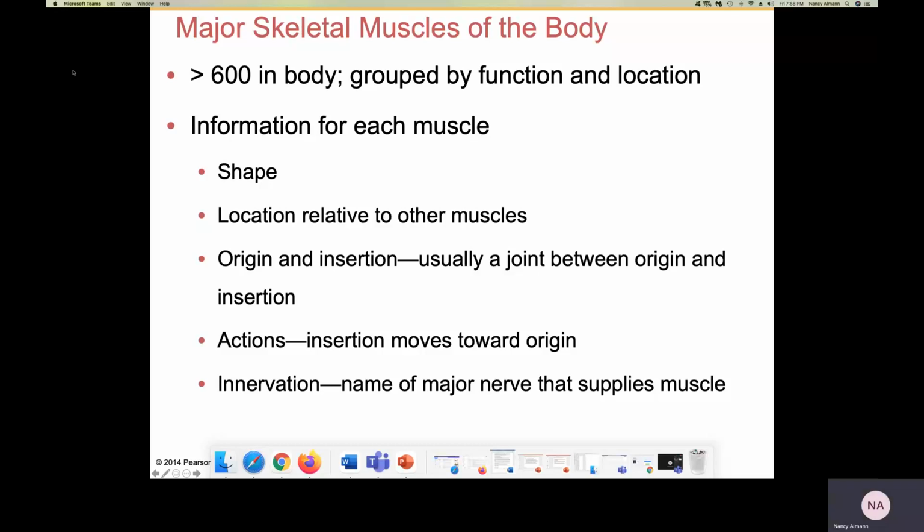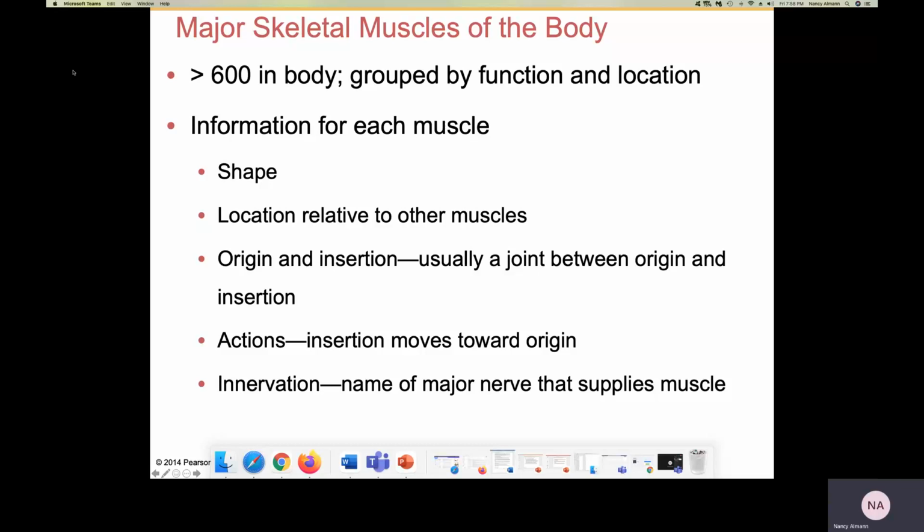We've already talked about how muscles can be named for their shape. The location relative to other muscles also comes into play. Knowing the origin and insertion is useful. There is generally a joint between the origin and the insertion, and not always. When you talk about the action of the muscle, you are moving the insertion towards the origin of the muscle. Remember that the origin of a muscle attaches to the immovable bone, and the insertion of a muscle will attach